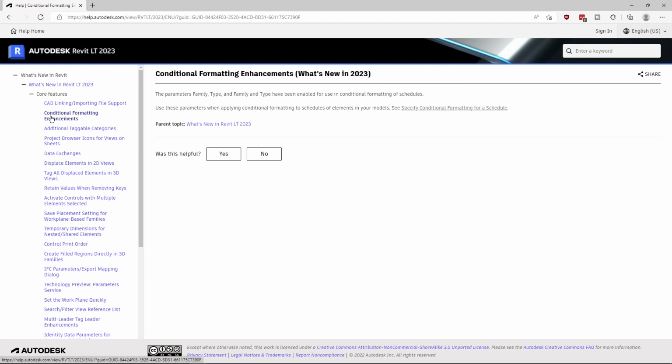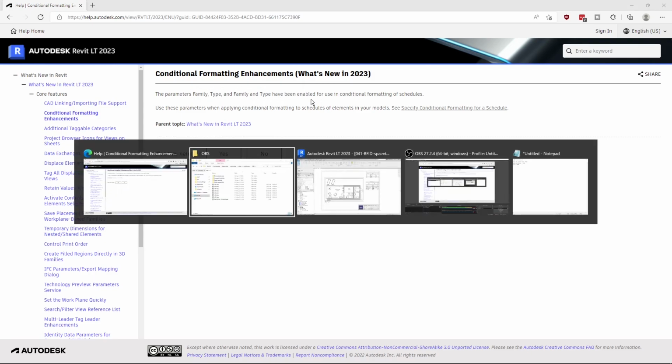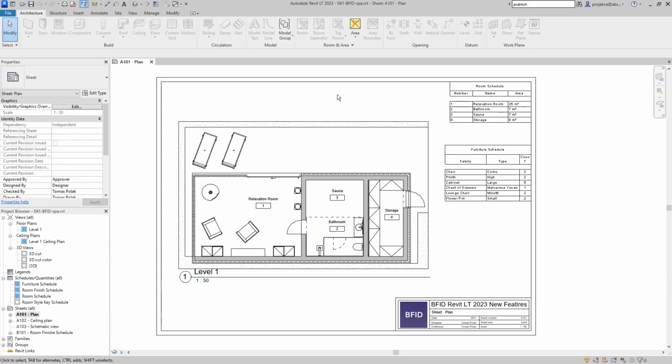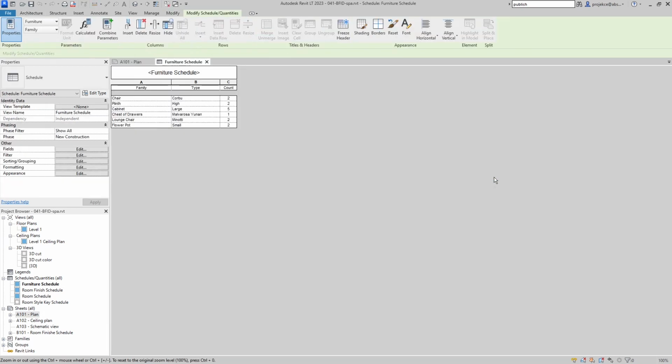Now, the second new enhancement is conditional formatting, and you can use conditional formatting in your schedules for the parameters family, type, and family and type. So let's look at my example. Here I've got a furniture schedule, and if I open the schedule and I would want to make, let's say, all of the